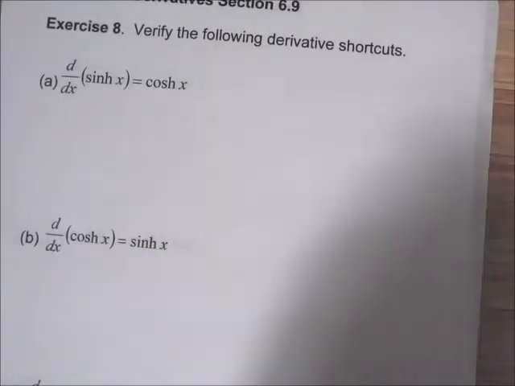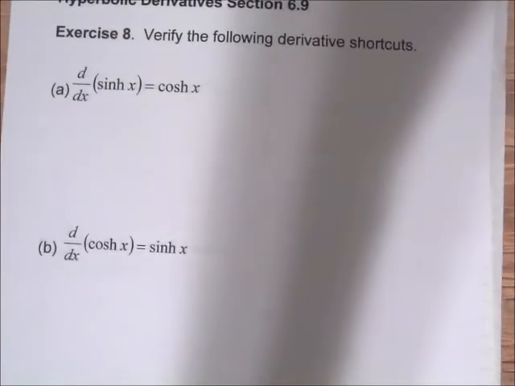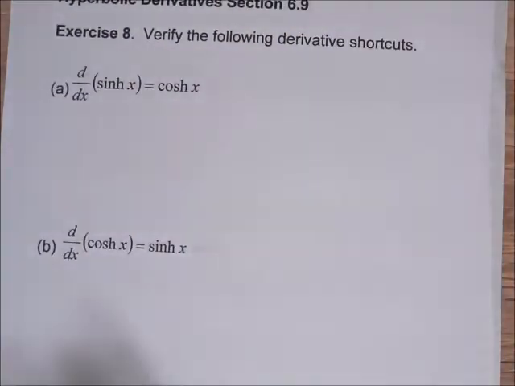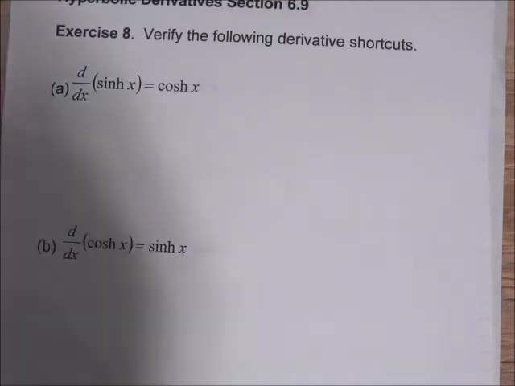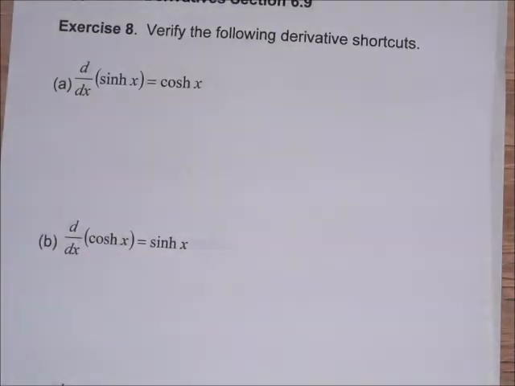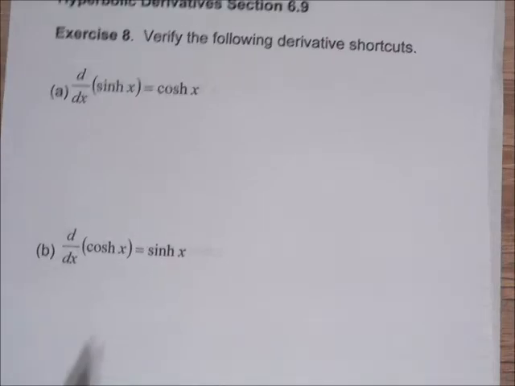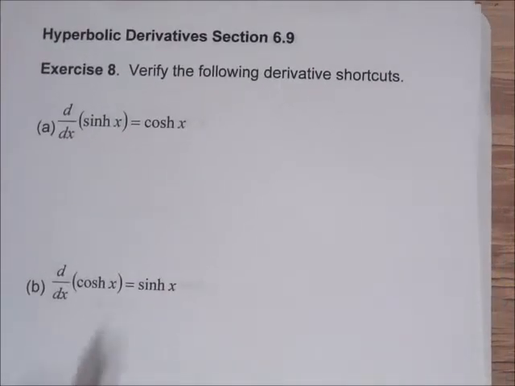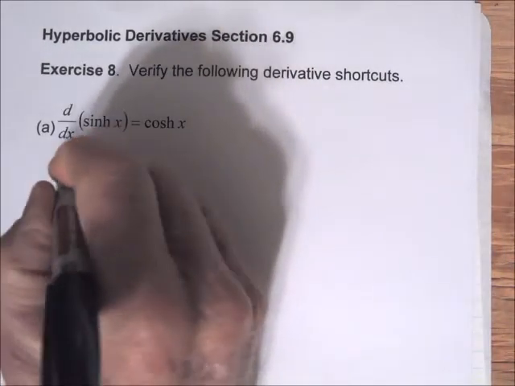In trig, derivative of the cosine is minus the sine, but for hyperbolic functions, derivative of cosh is positive. So there are some differences in signs, but otherwise the formulas look pretty much the same as the trig formulas. So we can verify this one here, derivative of the sinh